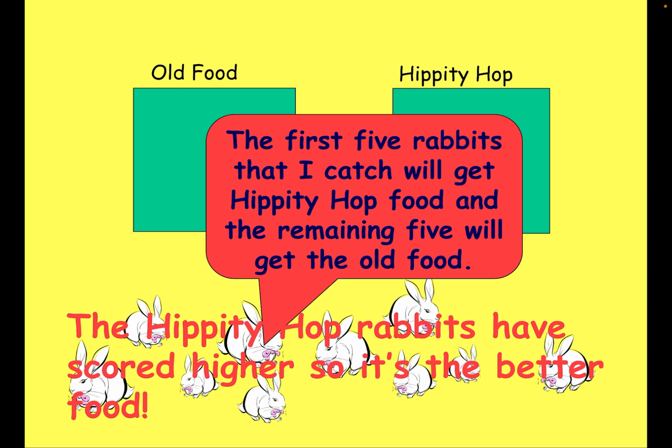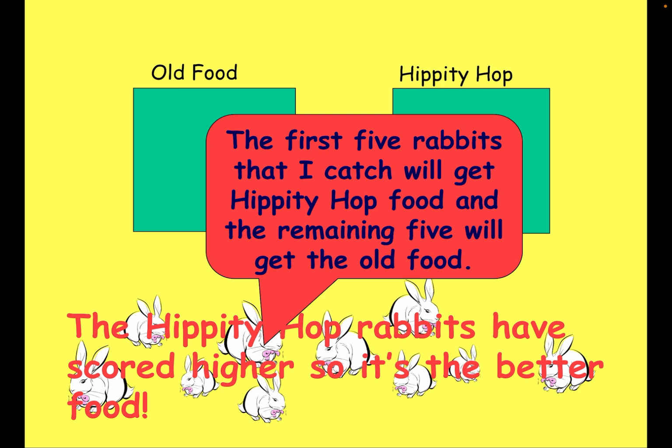If you're talking about the first 5 rabbits that you can catch, that you just get to in a room, these are probably maybe the bigger bunny rabbits. They might be slower. They might be more prone to human interactions. If these are the rabbits that you're able to get to physically, right? And then we're assigning them to the hippity hop food, we might just be getting these results because those bunnies